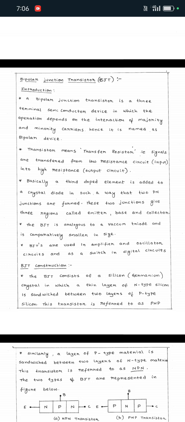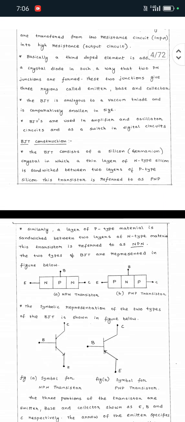Okay, so first one is NPN transistor. Second one is PNP transistor. Okay, so before that we discussed